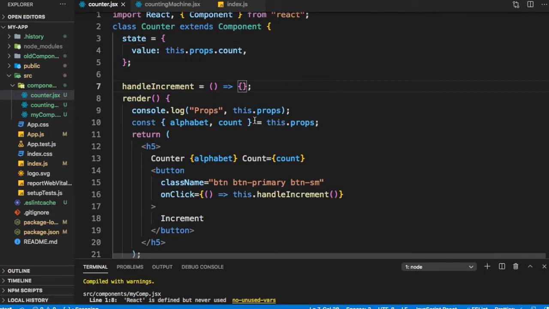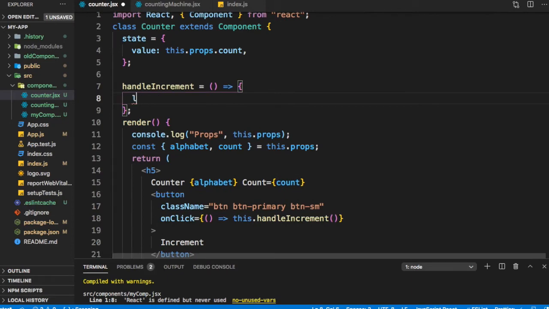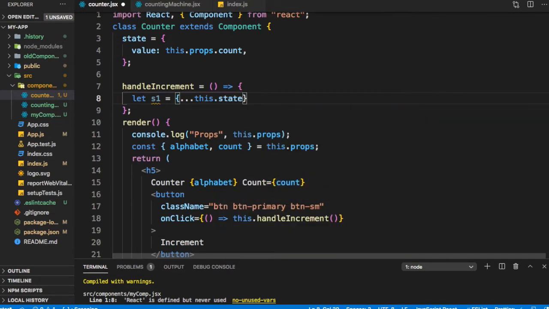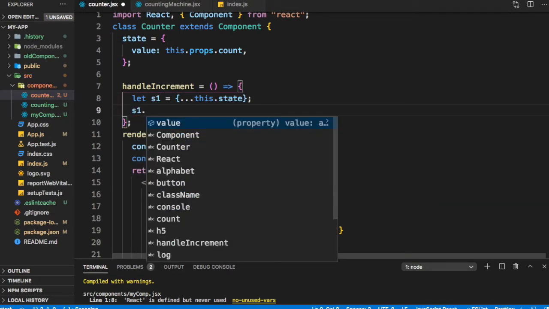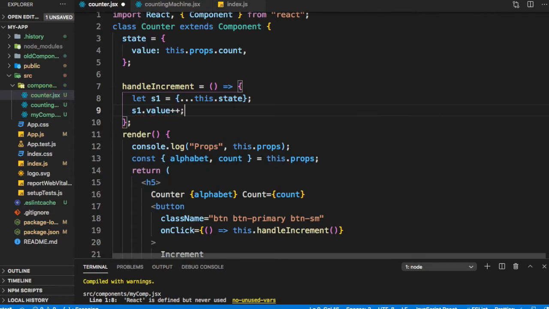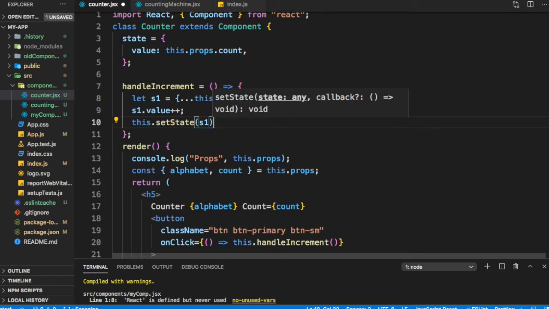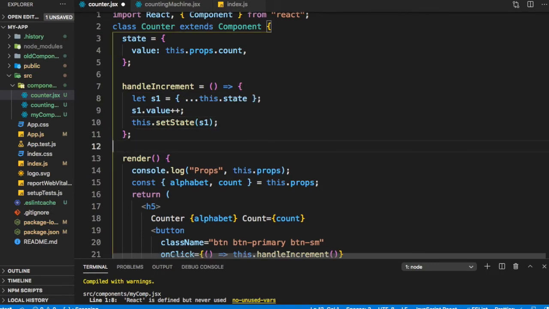Now in our handleIncrement, we can use our standard process: make a copy of the state, s1 dot value plus plus, and this dot setState s1. So what would this lead to?